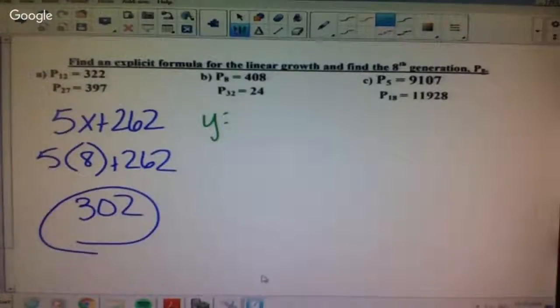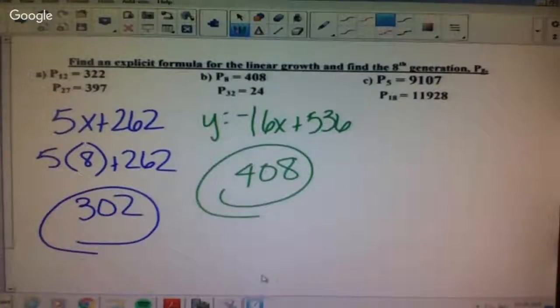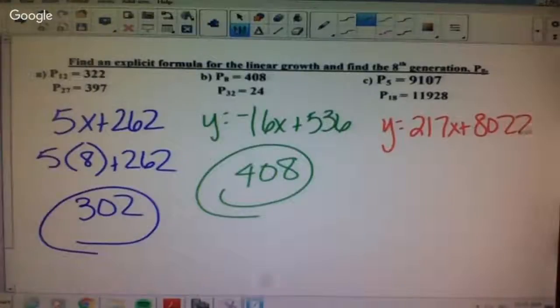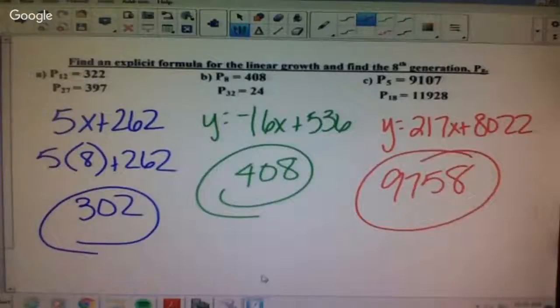What's the equation for part B? Y equals -6x plus 536. And your answer should have been 408. Oh, put in the wrong thing. That's why. Okay. What's my equation in part C? Y equals 217x plus 826. And you should have gotten 9,758. Questions? Problems? Okay, so